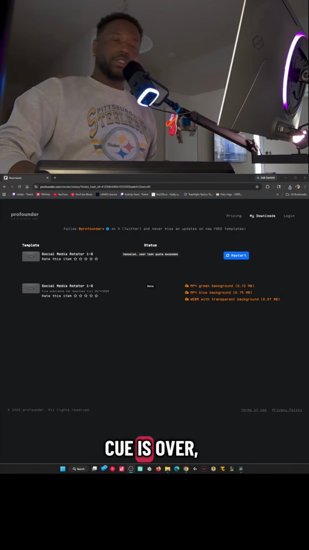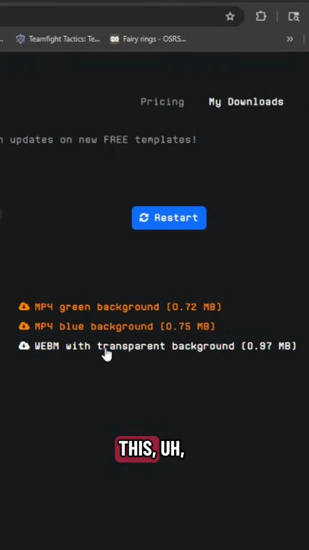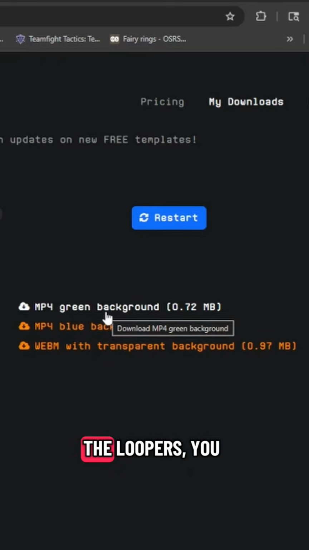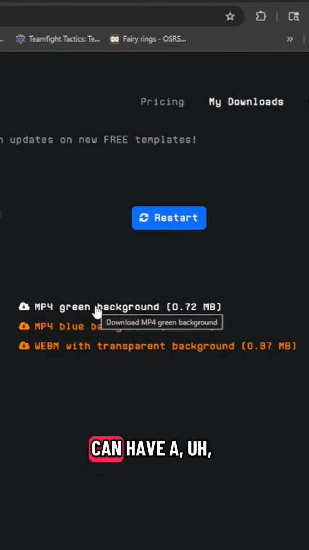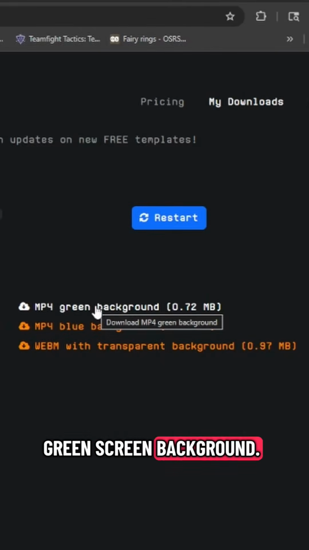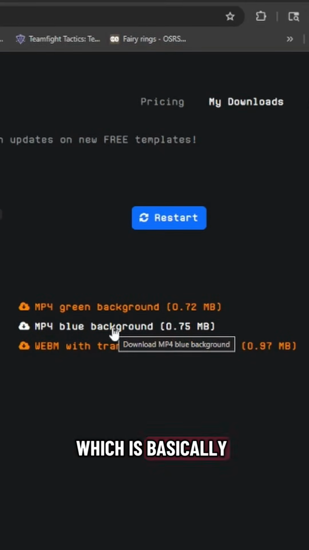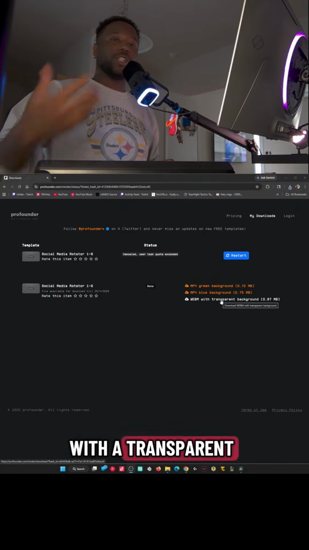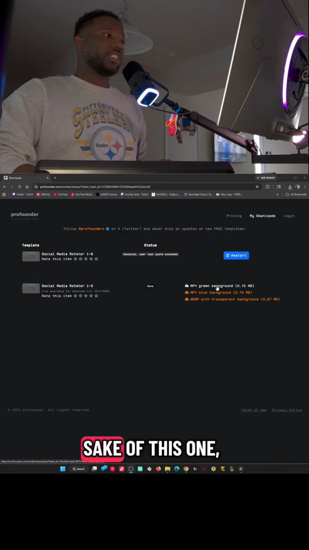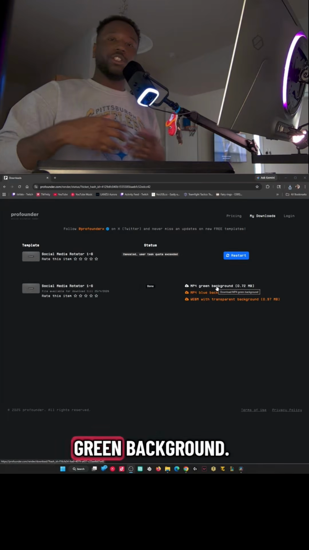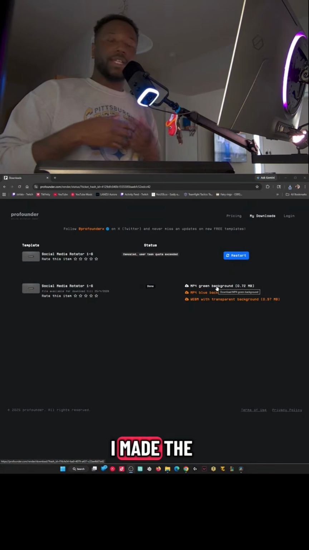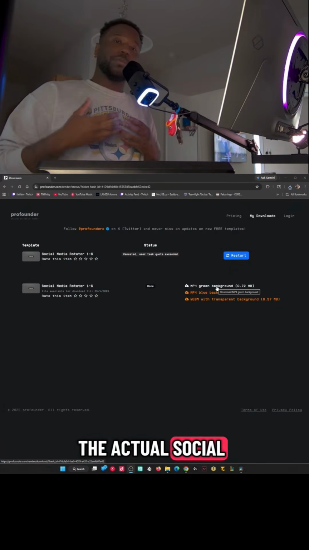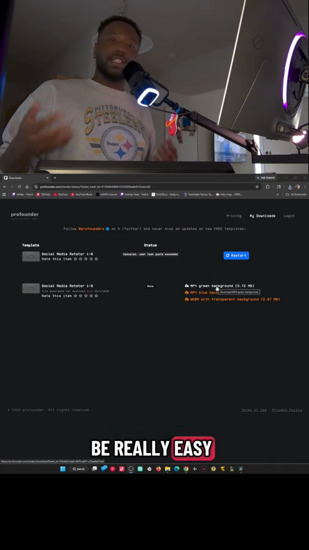So once that queue is over, you will see a screen like this. With most of the loopers, you will get 3 options where you can have a green screen background, you can have a blue background, which is basically just a green screen background also, and then you can have the WebM with a transparent background. For the sake of this one, I'm just going to choose the MP4 with the green background. And then also I made the green background on the actual social media itself. So it'll be really easy just to remove that so that